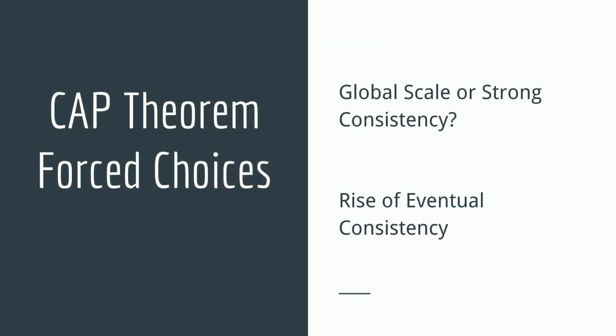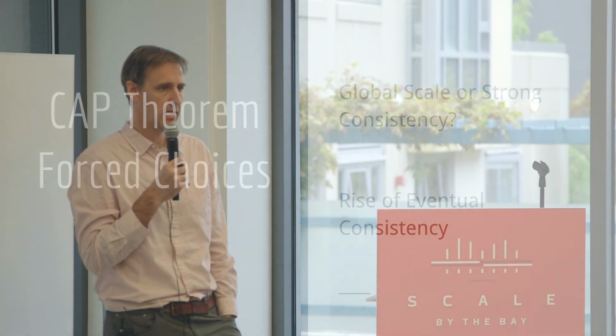They really fell apart. And this led to the CAP Theorem. Probably everyone here has heard of the CAP Theorem. This trade-off between consistency, availability, and partition tolerance. For a long time, people talked about where in the CAP theorem do I lie? To get true consistency, I had to trade off availability, or vice versa. So what companies were left with was this trade-off between, do I want global scale or do I want strong consistency? And which one do I choose to build my applications on?